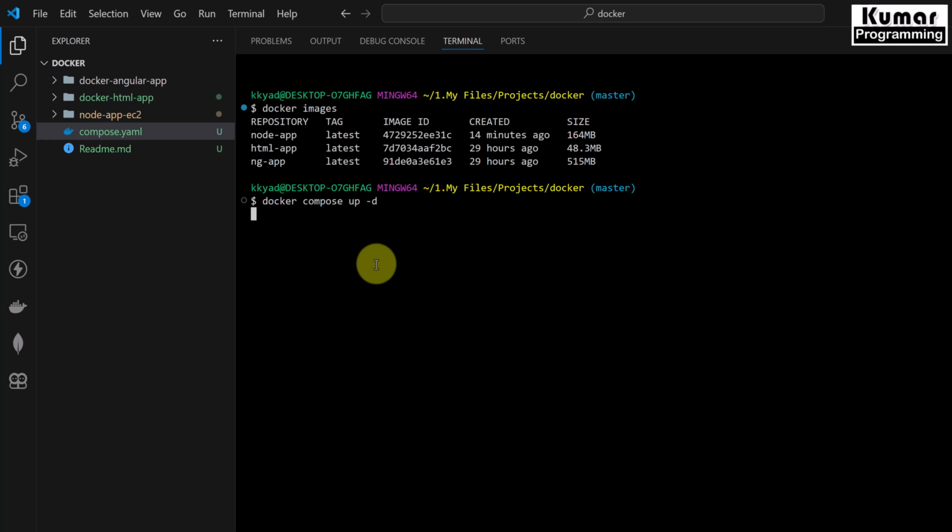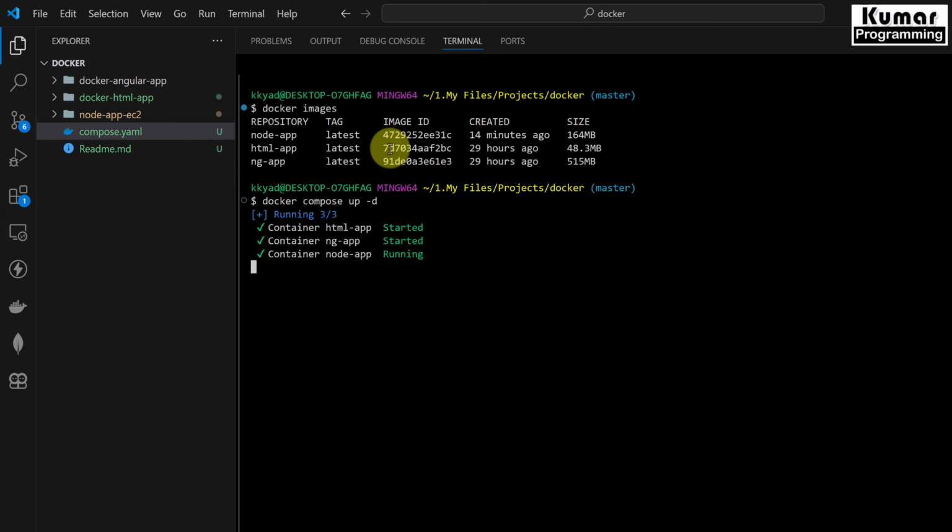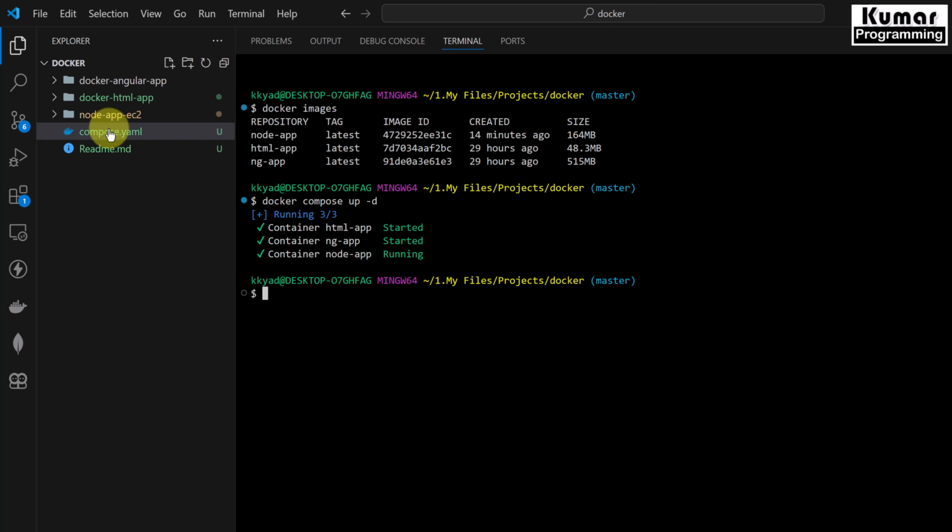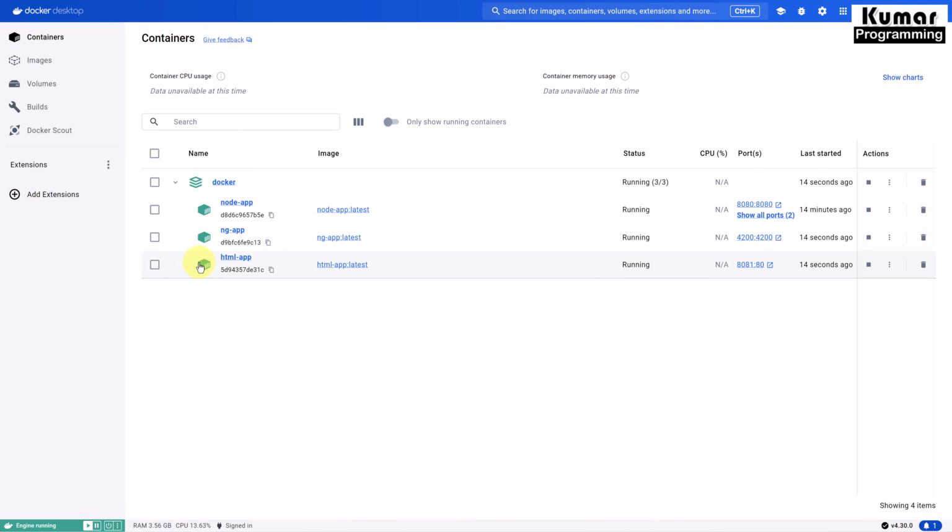So this command is going to execute all those images which are available inside our Docker Compose. See, now all services are up and running. Okay, great. Now let's see in our Docker Compose here. Yeah, see, this is my Docker Compose as a Docker application here, and all those 3 services are running inside